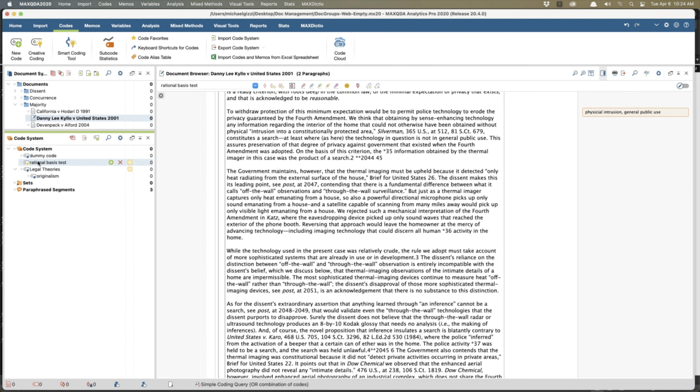If I want to move this as another subcode, I can drag it into it. If I want to reorganize it, I can do that. Oops. It's a little finicky. You have to play with it to get it right. We're going to talk more about reorganizing codes later, but I wanted to create a couple that way using the coding system.